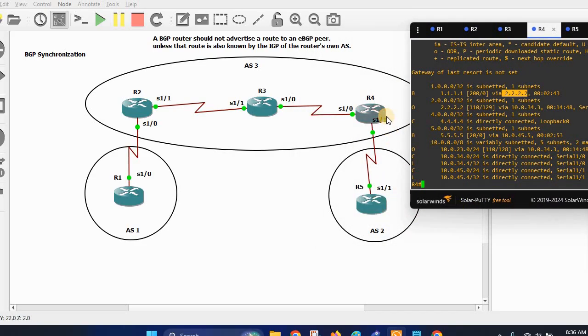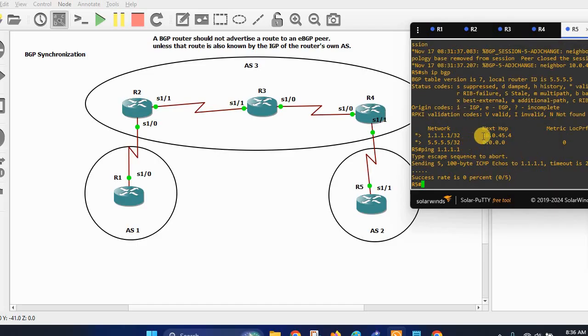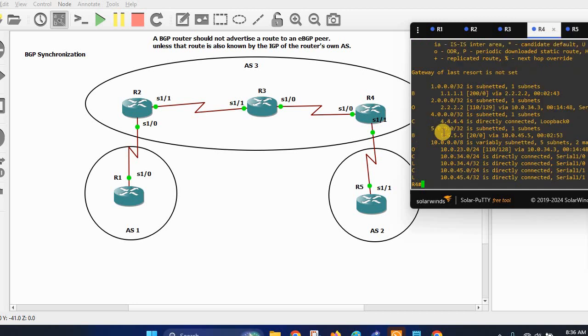R5 sends the packet to R4. R5 is saying, this is the next hop, I have this next hop to reach this network. So R5 sends the packet to R4. R4 sees that the destination is 1.1.1.1, and the next hop is 2.2.2. So via 2.2.2, if you see R4 in show IP route,